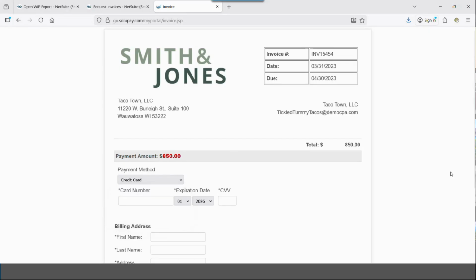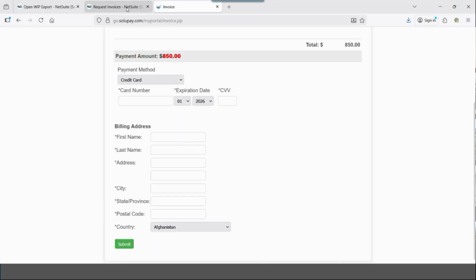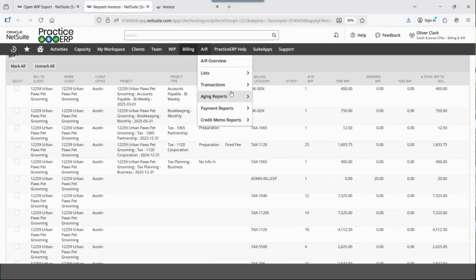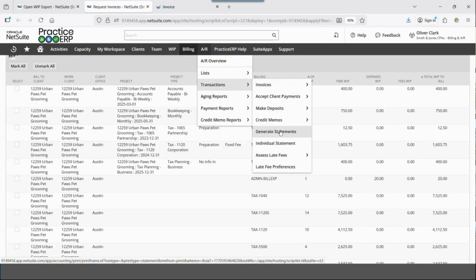And then when the client hits submit, basically what happens is the accept customer payment that is happening right now in CCH is automatically processed, right? So this step completely goes away. You basically watch the bank account grow. And the same thing works off of statements. We can send statements, and again, the client can pick which invoices and partially pay invoices. Not that we want them to partially pay invoices, but